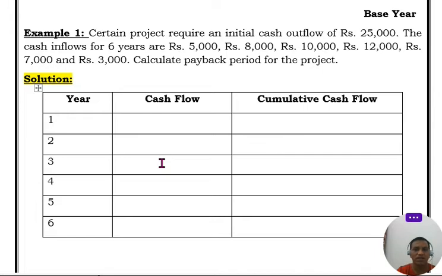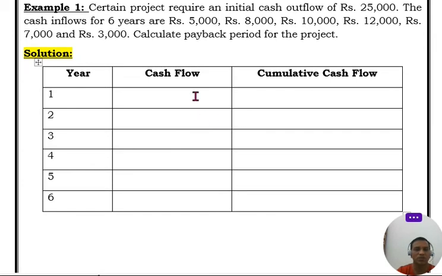First of all, what is the cash outflow? Cost of the project, 25,000. Good. What about the cash inflows? Are they given directly or indirectly? Yes, cash inflows are available directly. But are they uniform or non-uniform? Non-uniform, not the same. For 6 years, it is different from year to year. When it is non-uniform, then we have to use the interpolation formula. In order to apply the interpolation formula, you have to prepare a table having cumulative cash flow.